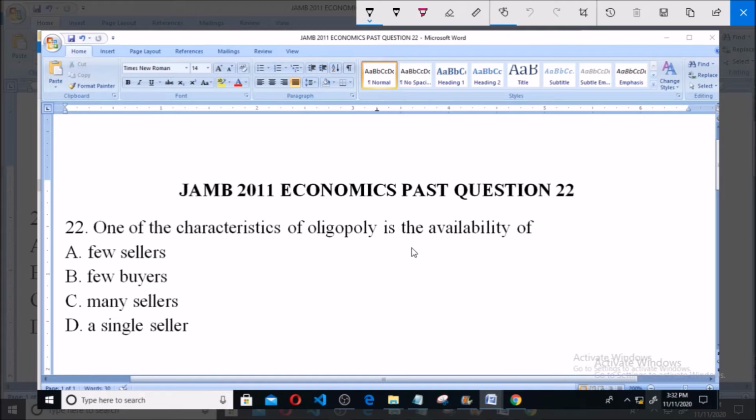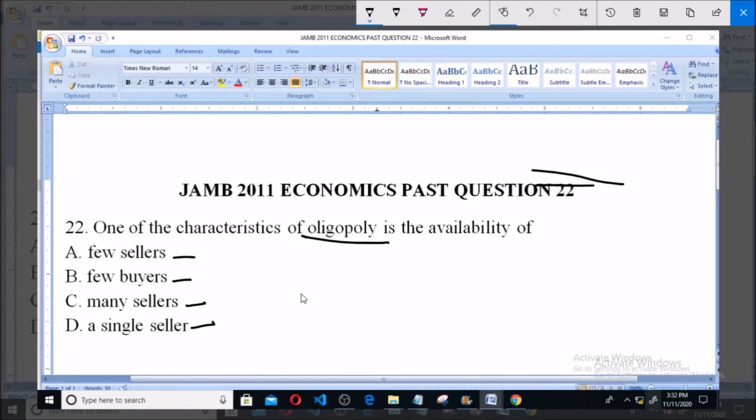JAMB 2011 Economics past question number 22. It says one of the characteristics of oligopoly is the availability of: option A, few sellers; option B, few buyers; option C, many sellers; option D, a single seller. Now,